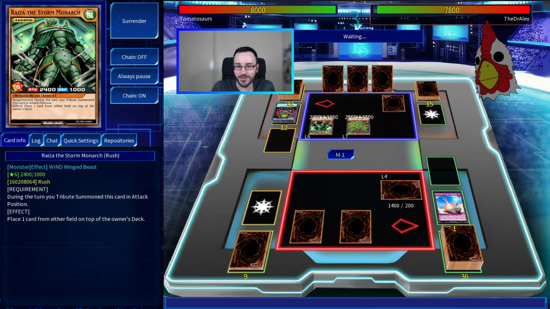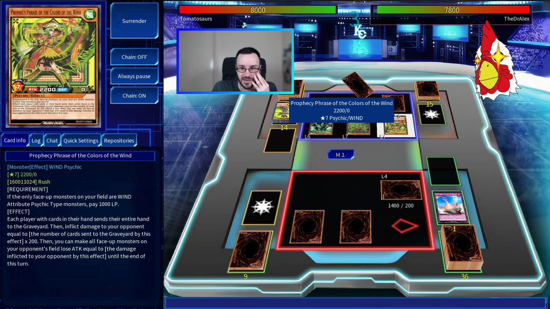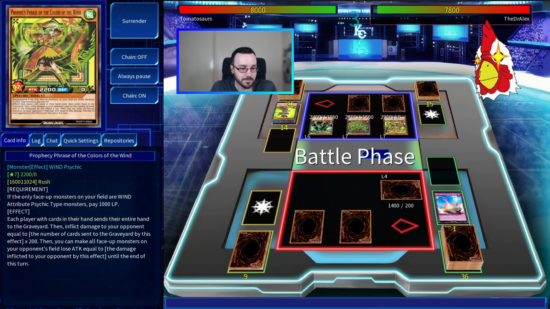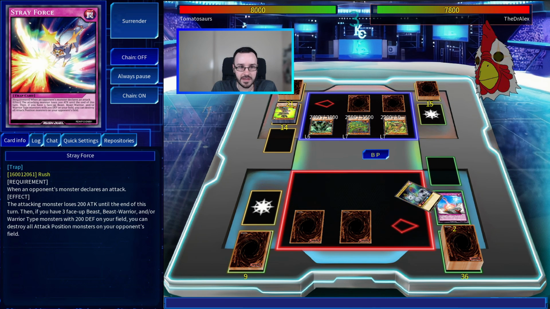Did not just draw a Pot of Greed, we shuffled the deck! Alright, Bluegrass Stealer. We hit the Psychic again. And we did not draw a boss monster as well. Oh my god! I'm getting sacked! Yeah, it's nothing about this. We take our 47 lumps, and we're not happy about it, but there's nothing we can do about it, so...